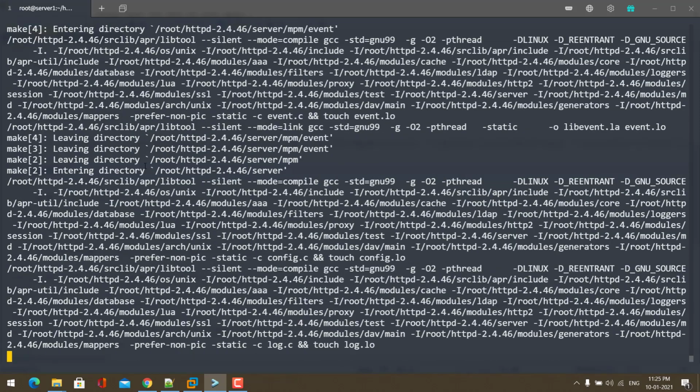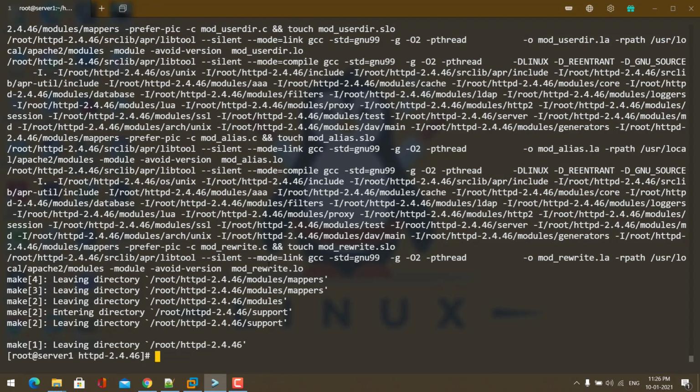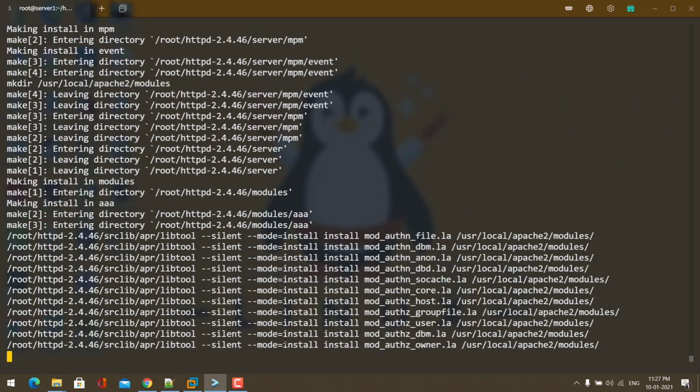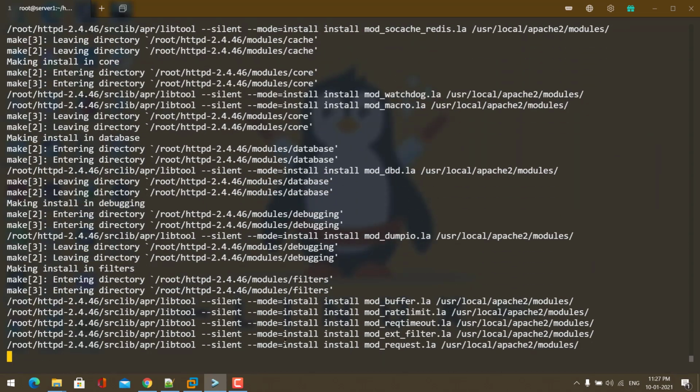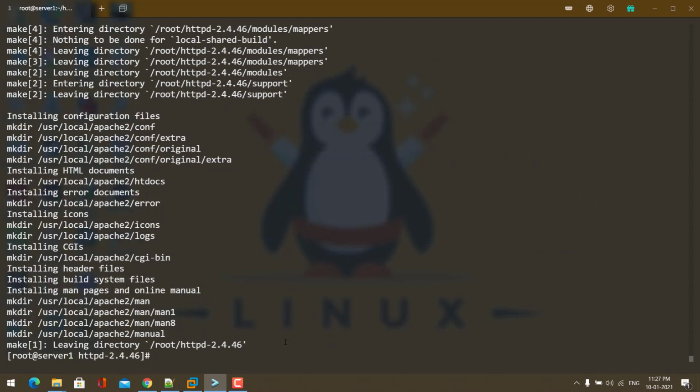You need to wait until the command completes. After the make command completes, you will see something like this. Now type make install. Now hit enter and wait for some time. Now the Apache installation is completed.